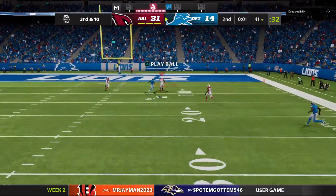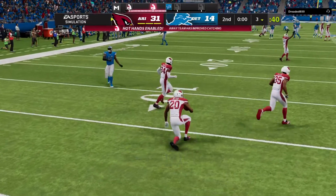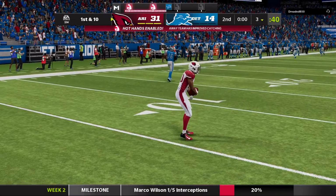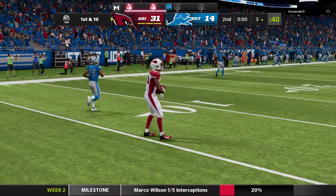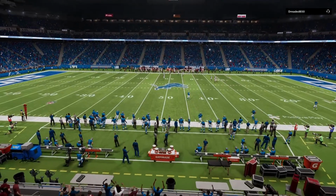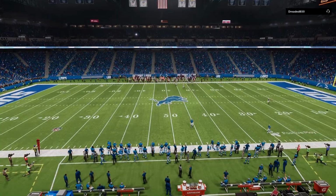He's going to let it go again. And for the third time here in this half, it's intercepted. Picked up by Marco Wilson, and he will be brought down on what will be the final play of this first half. So we have reached halftime with the visiting Cardinals out in front as we send you down to